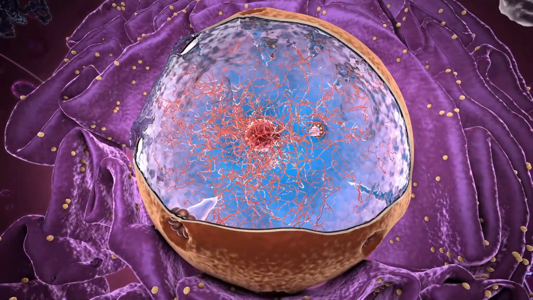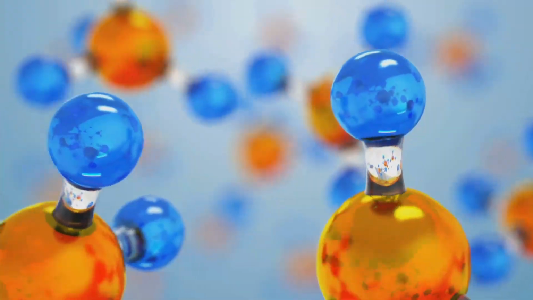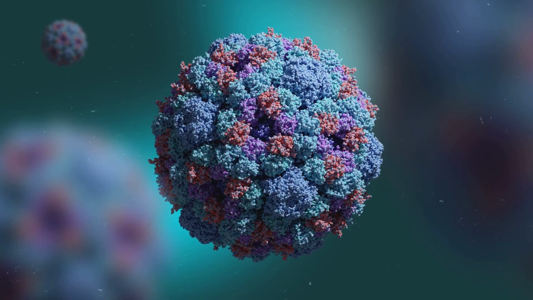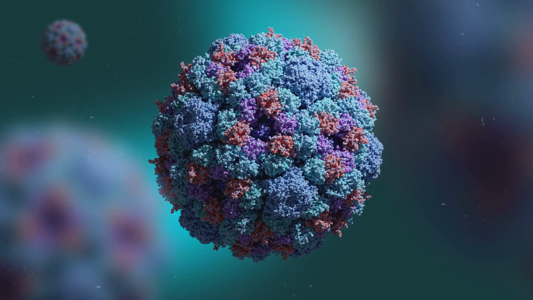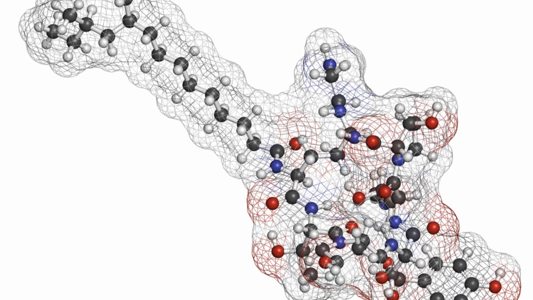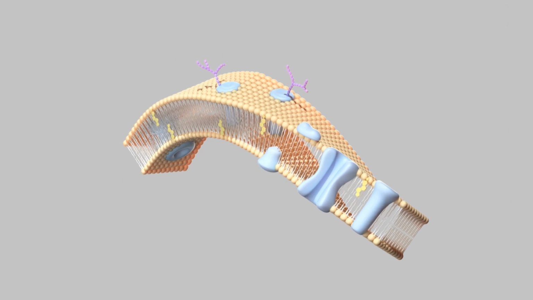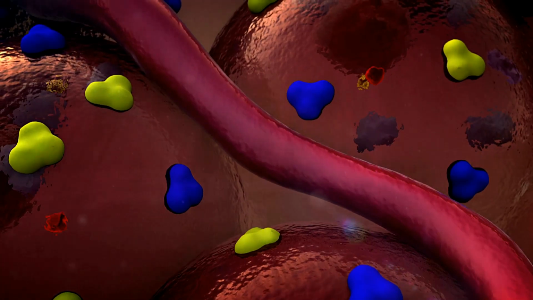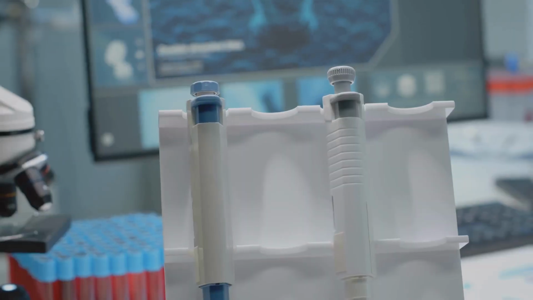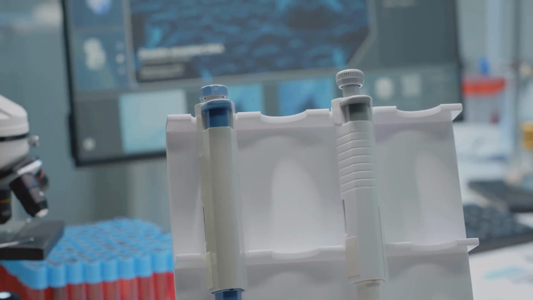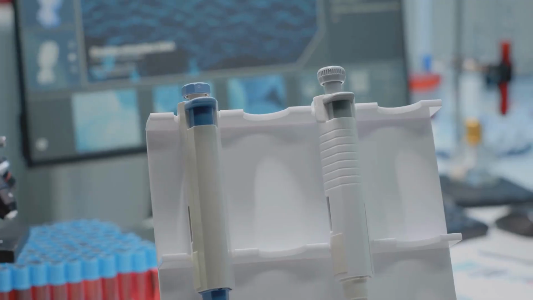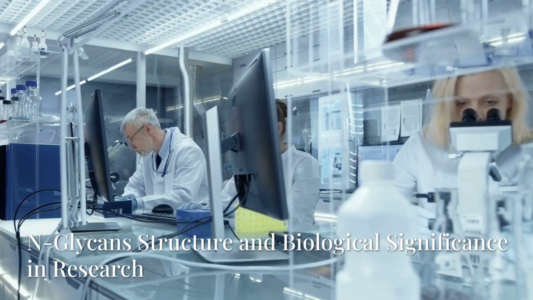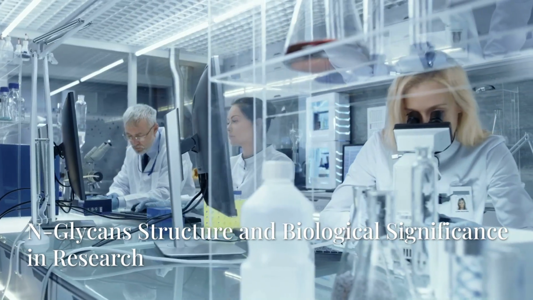N-Glycan structure and biological significance in function. The N-Glycan structure and biological significance become even clearer when we examine function. N-Glycans affect protein stability, receptor binding, molecular recognition, and cell-cell communication. They also shape interactions with lectins and influence immune signaling, membrane organization, and glycoprotein lifetime. Even small structural changes in branching, fucosylation, or sialylation can lead to major differences in biological performance.